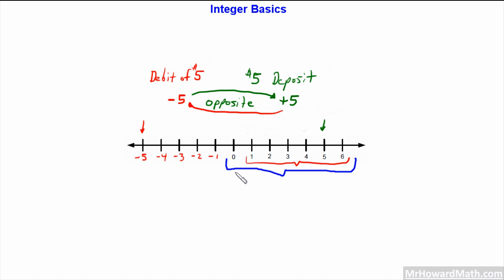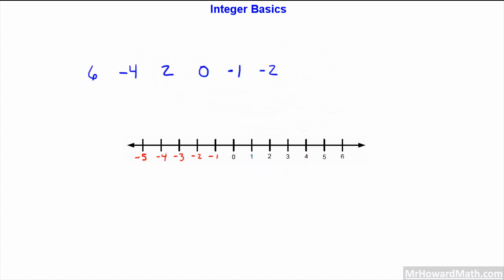Okay. All right, let's go on to another example here. Okay, so I think you're probably getting a handle on this now. So let's say I asked you to take the number set 6, -4, 2, 0, -1, and -2 and put those in ascending order. Ascending order. So a little vocabulary here: ascending,